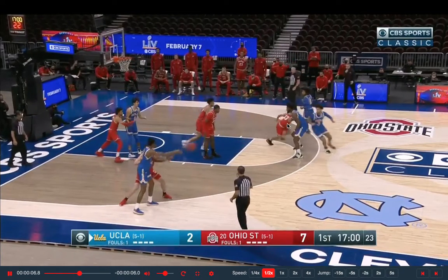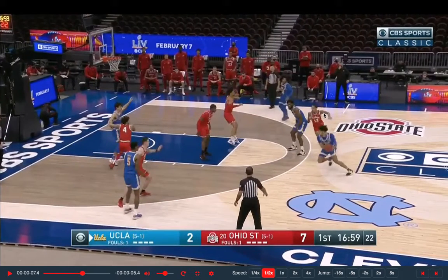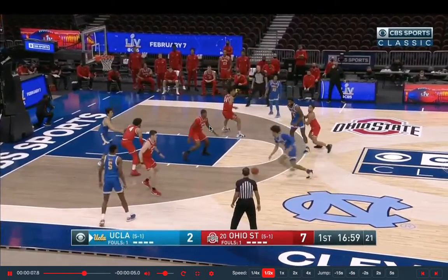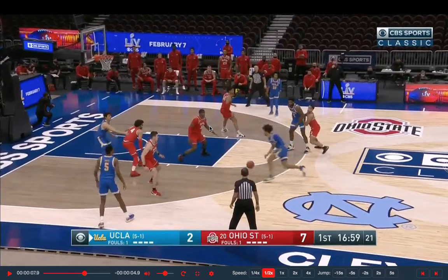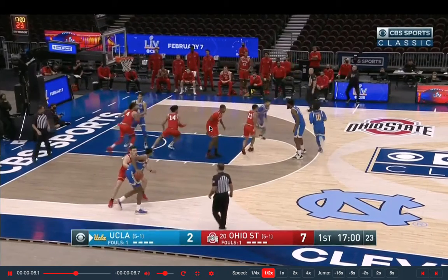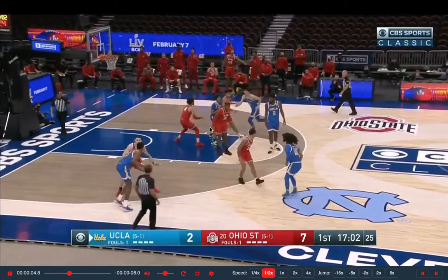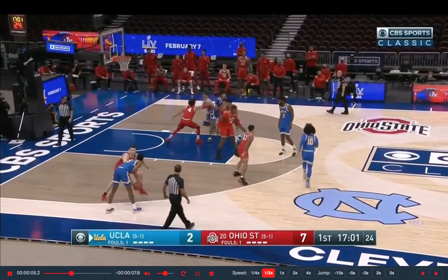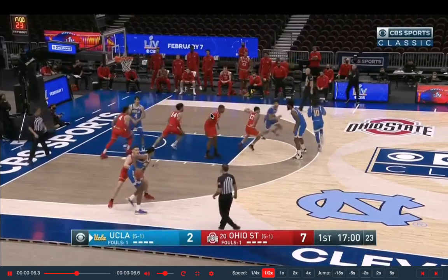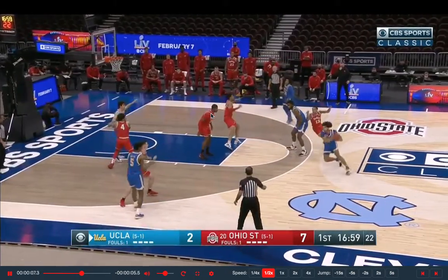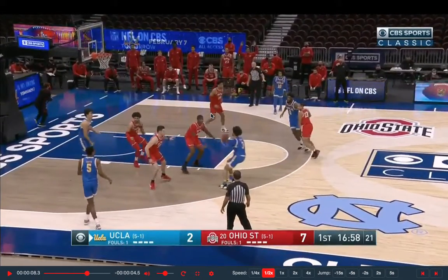So that's his third defender. He curls, and then he's caught on the screen. So they switch again, and Juzang has now been guarded by 4 of the 5 Ohio State players in, let's see how many seconds. 17:02 is when he sets this screen. And by the time he catches it and shoots it, 16:58. So he has 4 different defenders in 4 seconds simply because he decided to set a screen and then use